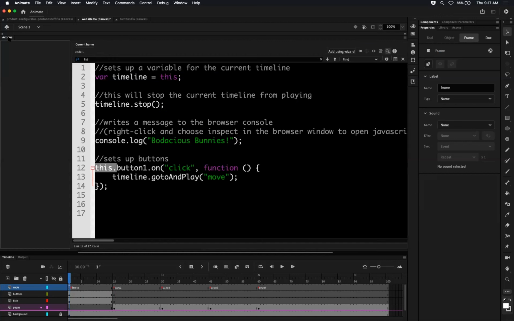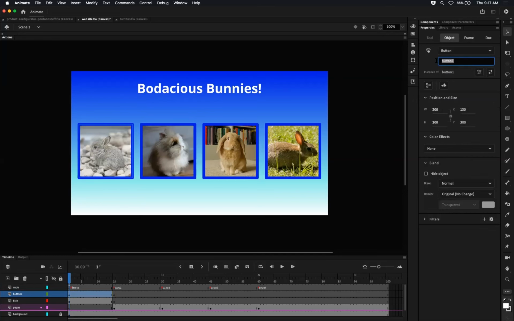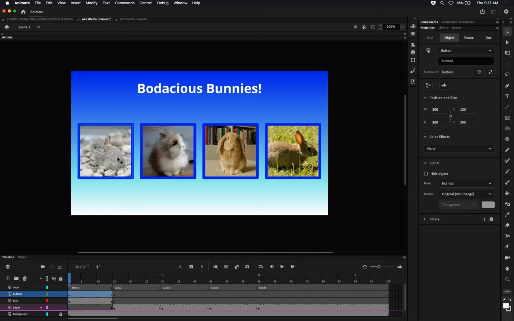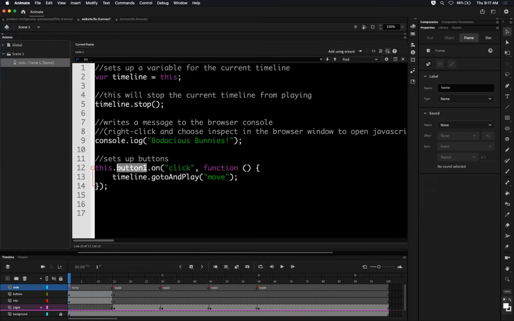So now I'm going to go back into my code, and I'm just going to leave it this or timeline, and then dot button1. Now this is the name of the button, and it just so happens that we named the button the same instance name as we did in our actual buttons thing. Again, instead of calling this move button and then calling this one bunny1 button or something like that, by keeping our object names more generic, it's a little easier to reuse. So because that's the same name, we don't even need to change that. We say, okay, so this dot button1 on click. So when we click on it, then we create this function,